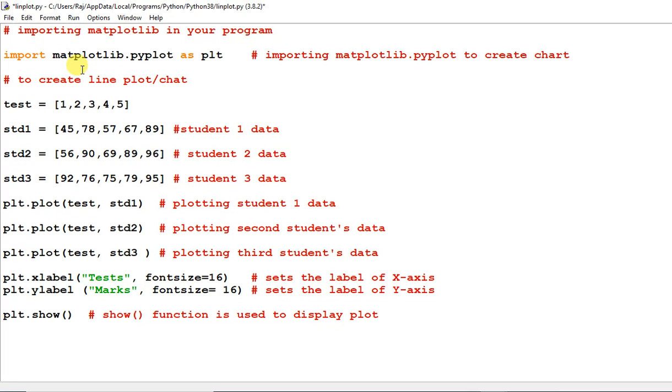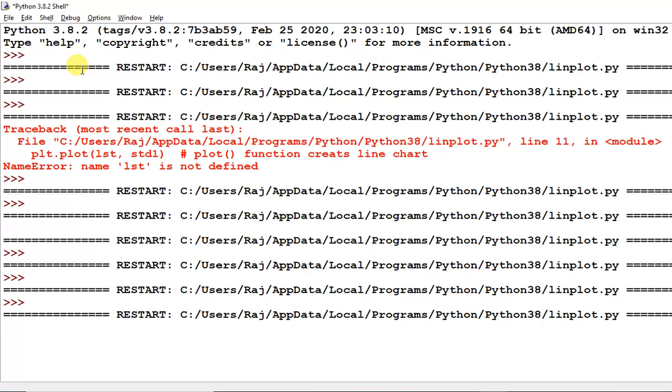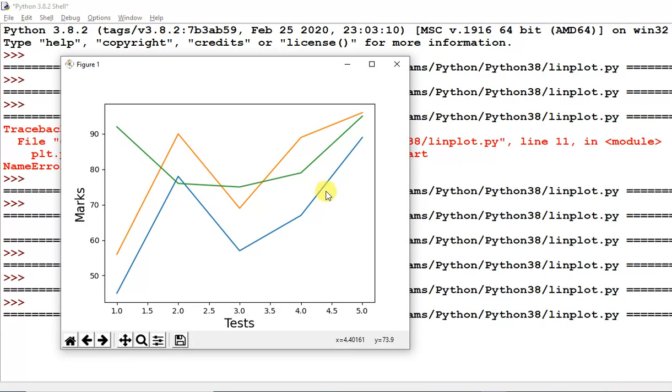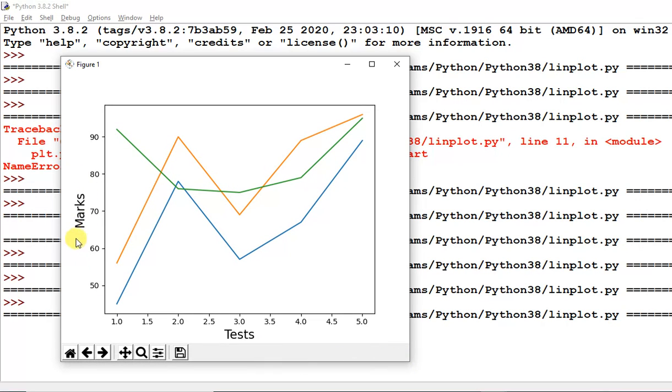Then you can run this program and observe what changes have been reflected. Look at here, the font size of the label text has been increased and the font size of marks also has been increased. Now move to the next topic.